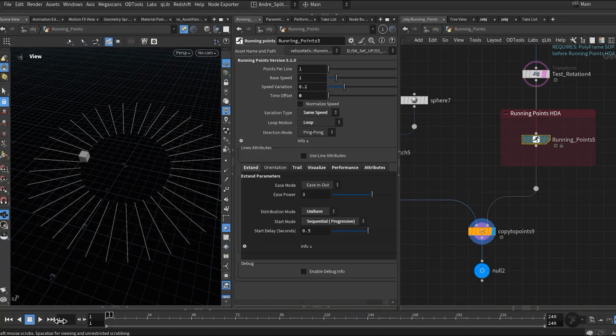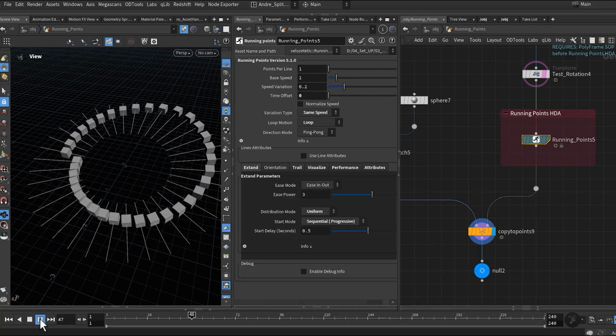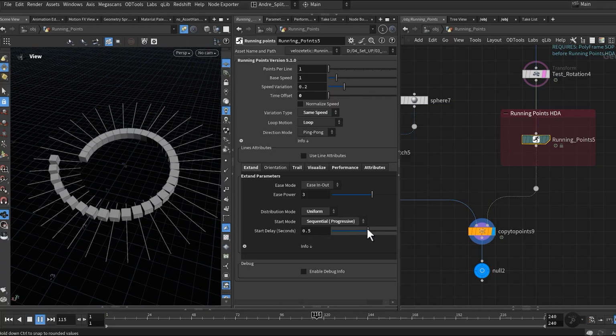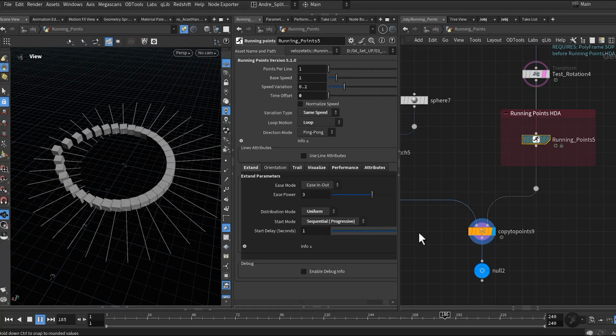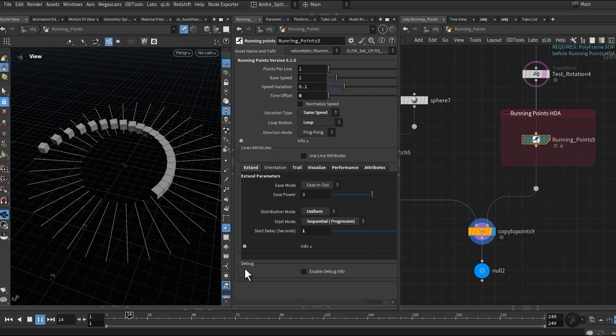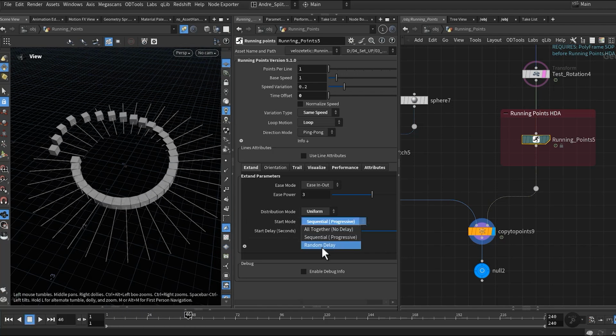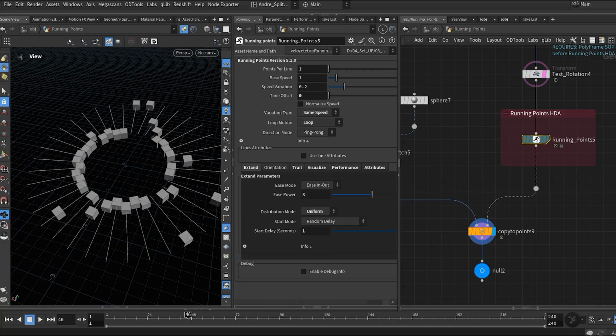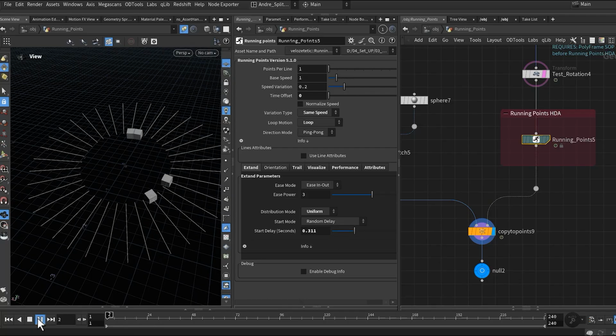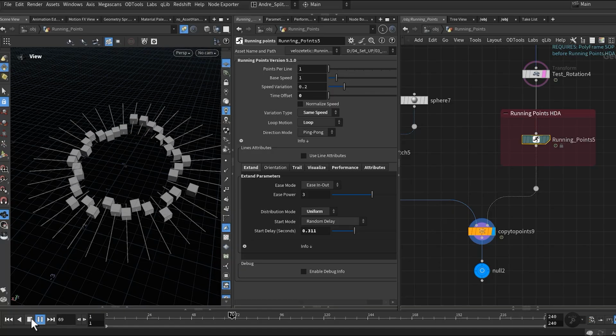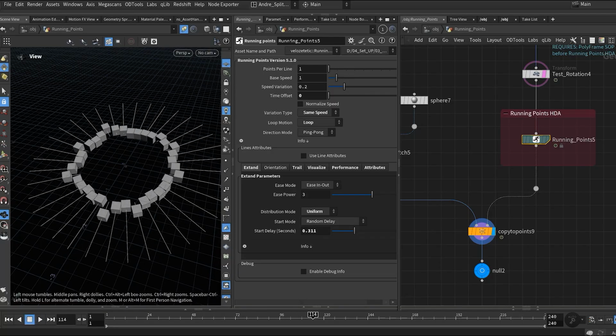And with random delay, every point gets its own individual delay, so the motion feels more scattered and unpredictable. Let's decrease it a little bit.